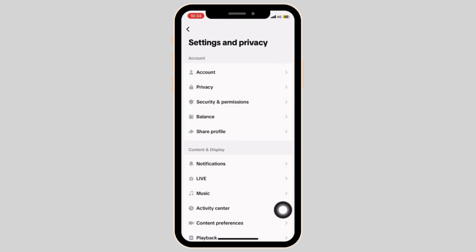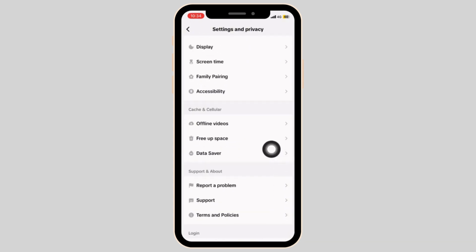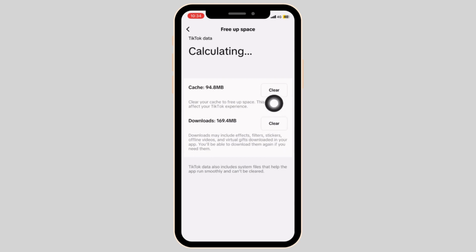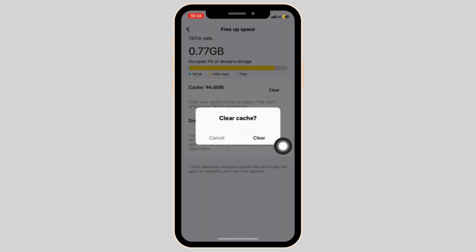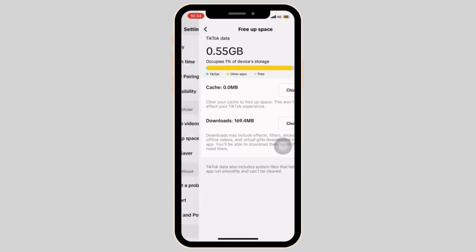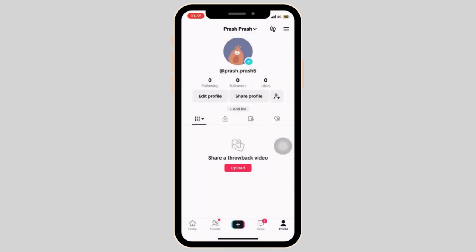Now scroll all the way down until you find Free up space. Now select the Clear option of the cache section. Select Clear. Now you can go back and try following people, but if the issue still remains, you can force